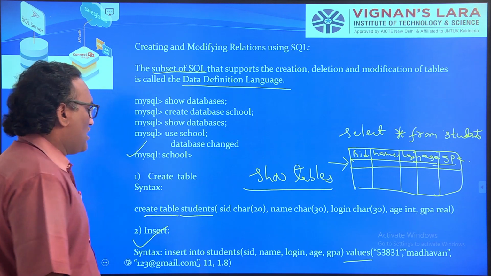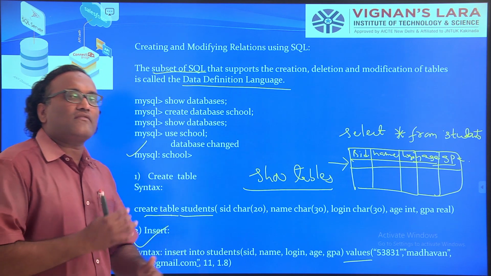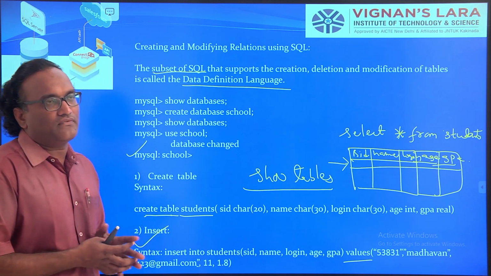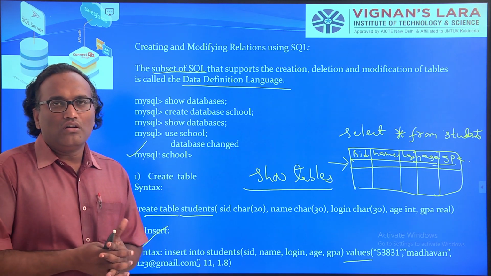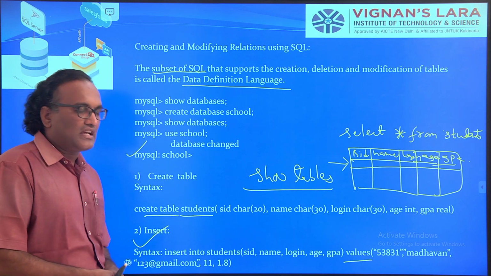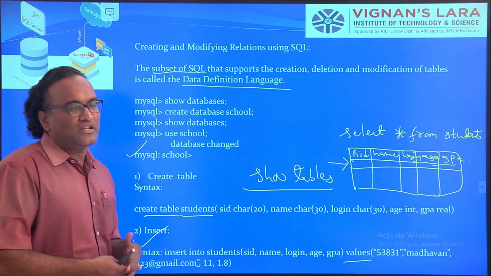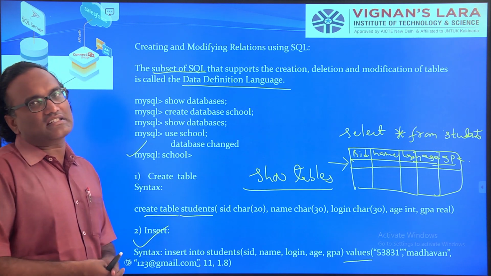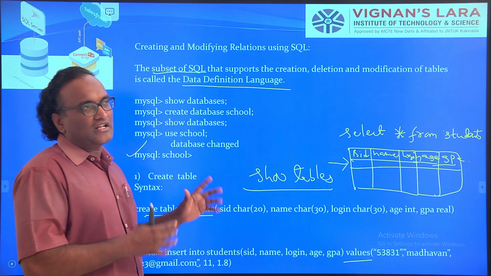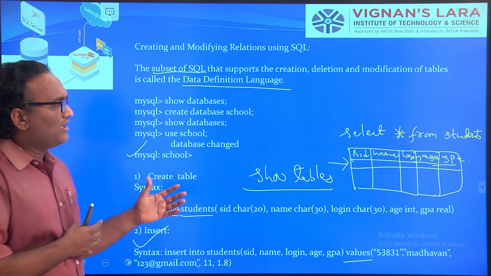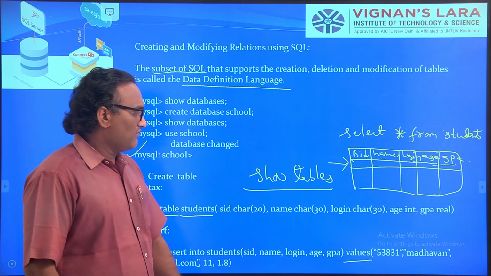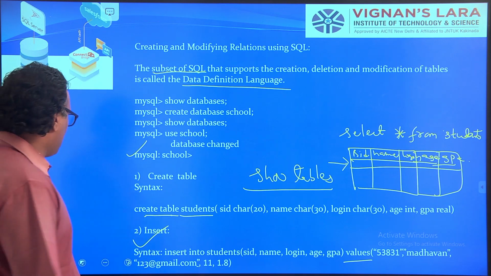How can you know whether your tuple is inserted? Tuple is the notation of the relational model. A tuple is nothing but a row. How can you know whether the tuple is inserted into your table? You can give the command select star from students. It gives you the output of the students table with one row, with the ID 53831. Kindly check that.